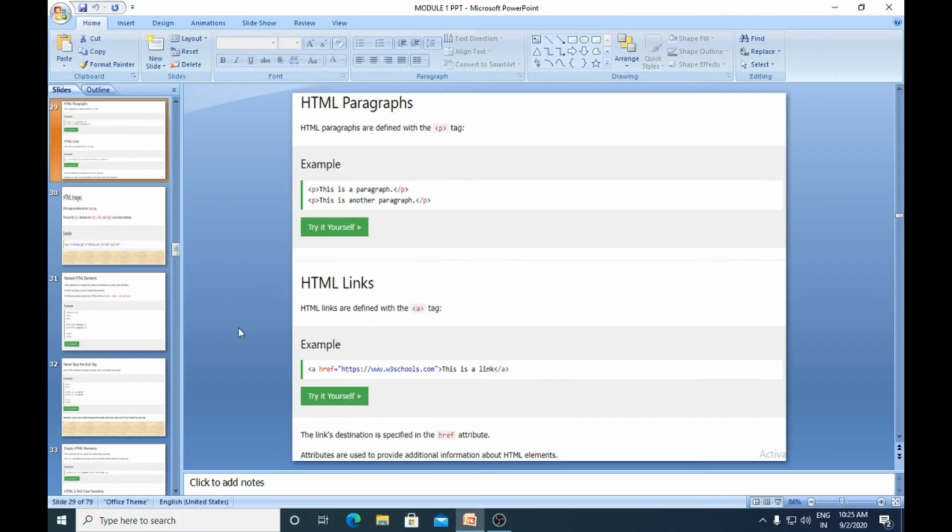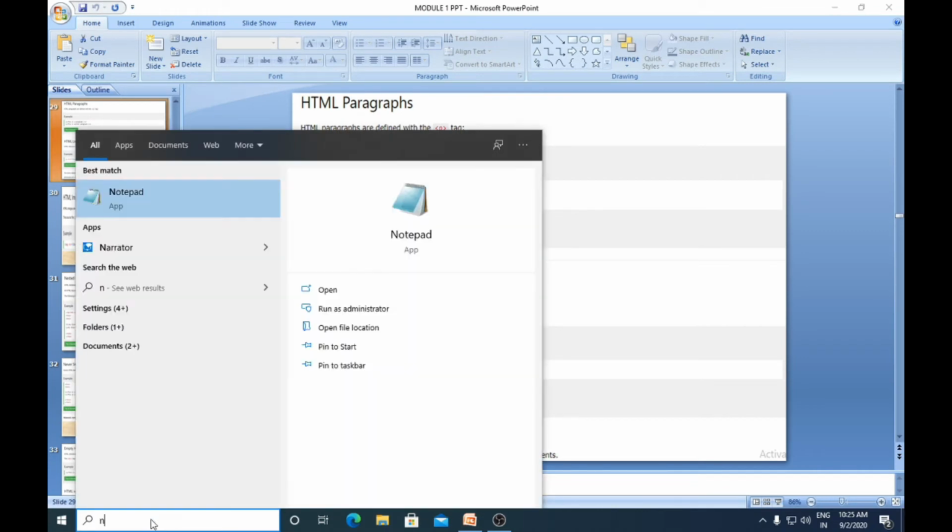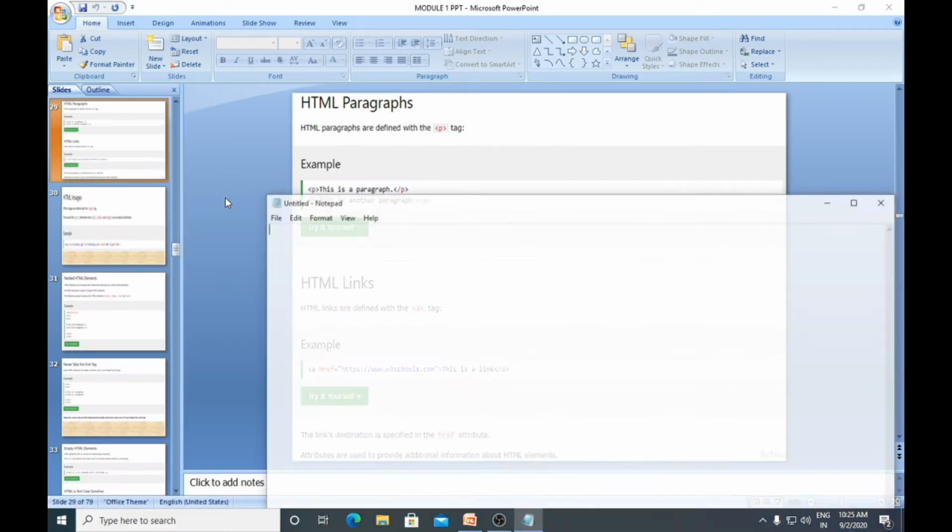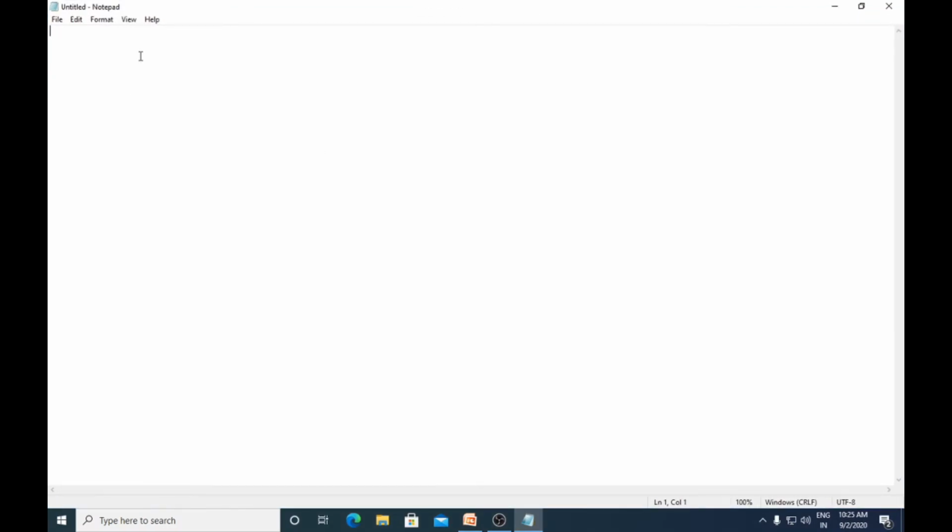So how to write an HTML document? Make use of Notepad and start with the doctype element, exclamation doctype. As you're writing an HTML document, write down html, close this element, then make use of the html element, and we will most often make use of the body element. We'll not make use of the head element because the visible part in the web page is always in the body element.